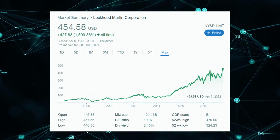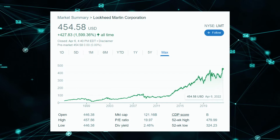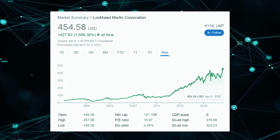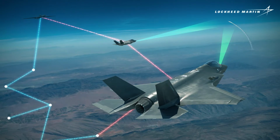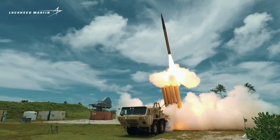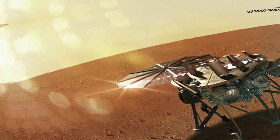Moving on to stock number 2, we will look at Lockheed Martin, which is a stock that I don't hold but have considered several times because of their business stability and attractively expanding dividend. To begin with, Lockheed is a global security, aerospace and defense company with huge businesses in military aircraft, cybersecurity, missile defense, and even space exploration and defense, which we all know is going to be a high-growth market in the future,